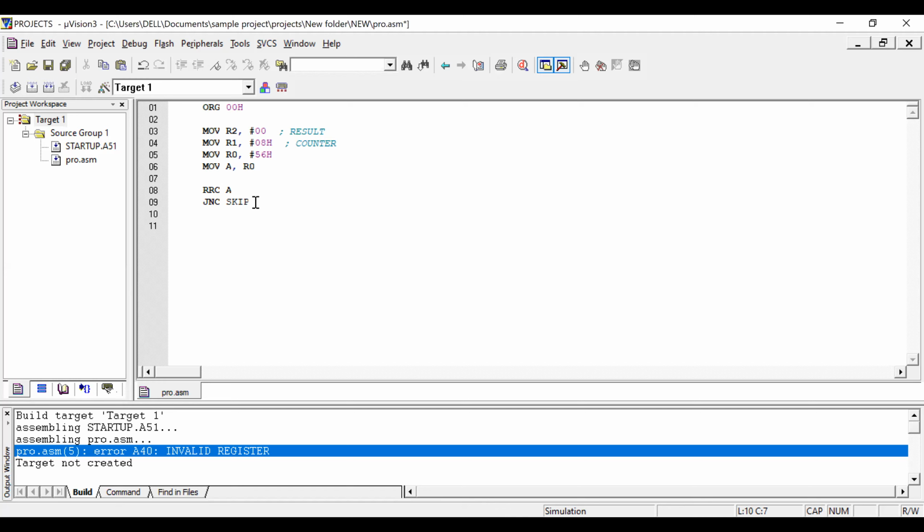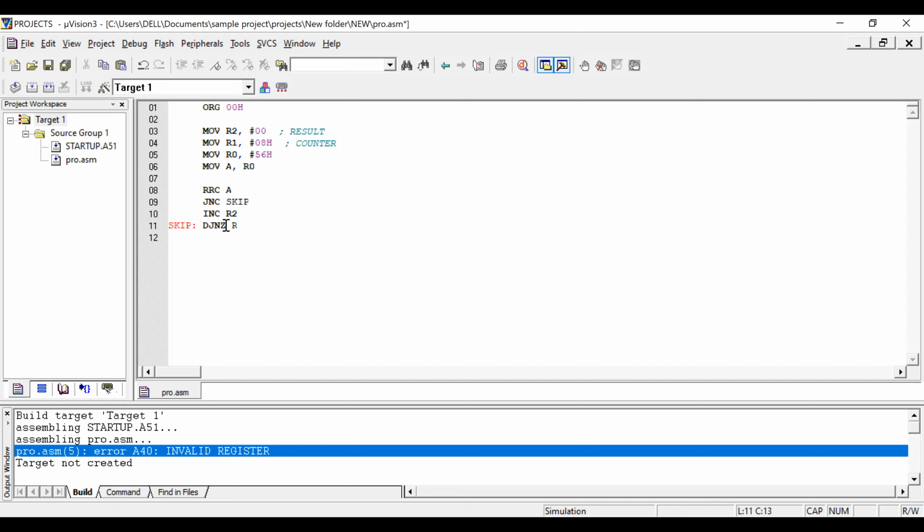Then I'll skip the increment in the resultant register. The resultant register is just incrementing R2. Okay. At the skip label, if there is no carry, what I want to do is decrement and jump if not 0.